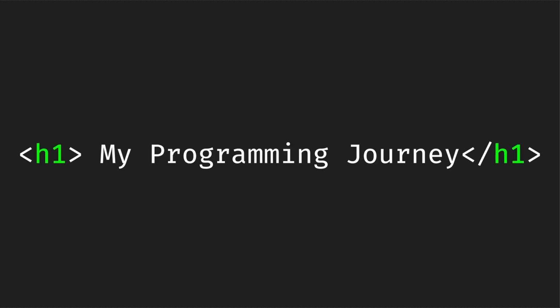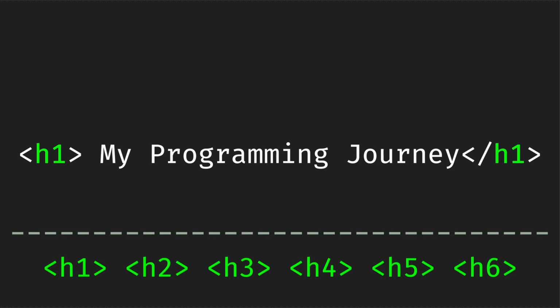Now, aside from paragraphs, we also have headings. A heading is more like bold text. Just like in a newspaper, the heading is bigger and bolder. So we have different types of headings. You have H1, which is the thickest, and you have H2, H3, H4, H5, H6. And you can determine which of them you want to use. Maybe you want a main heading and then a subheading, but we will go into details